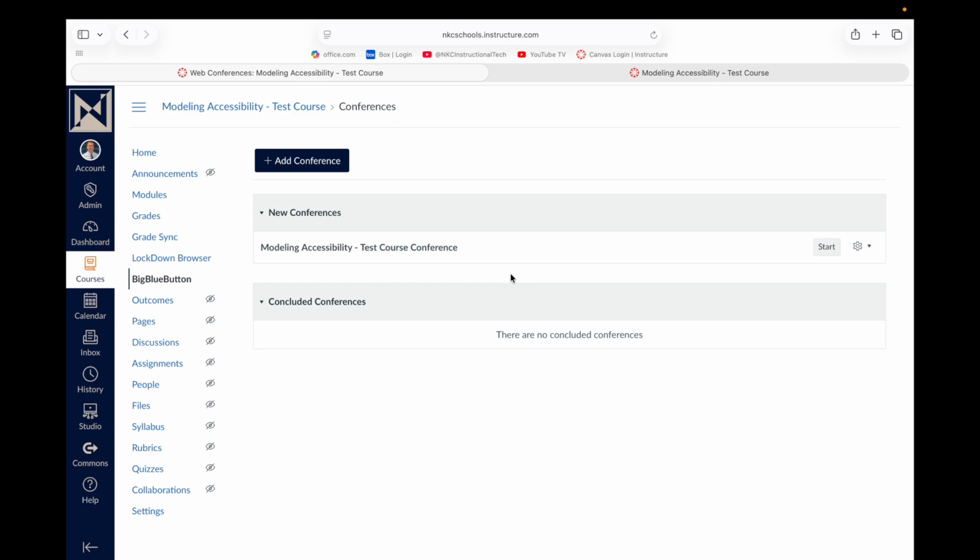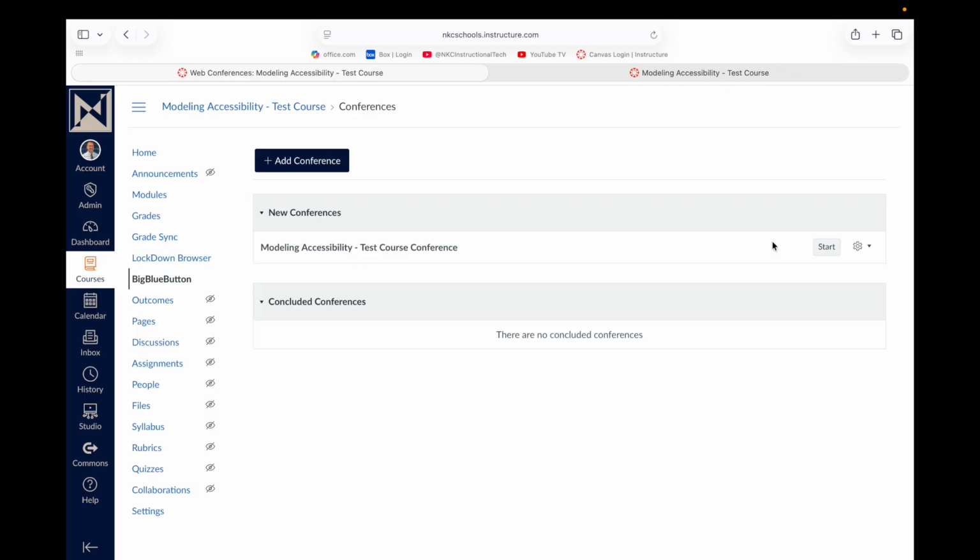So be in Safari. The second thing to make sure you remember to do is to make sure the big blue button option is visible to your students. Once that's done, you can click start. Now, if you've set up a waiting room, your students will be in a waiting room as they join the conference. Otherwise, once you click start, they can just automatically start joining the conference if there's no waiting room set up there. So let's go ahead and click the start button,